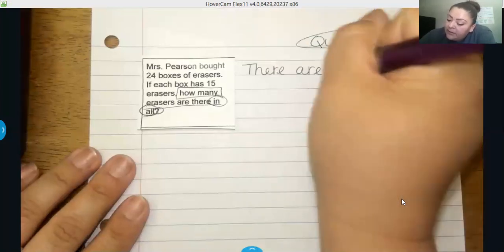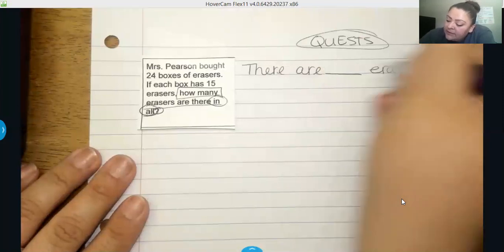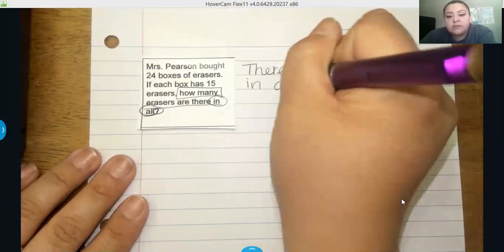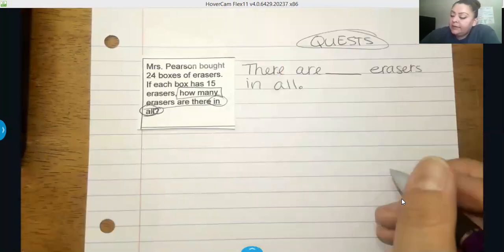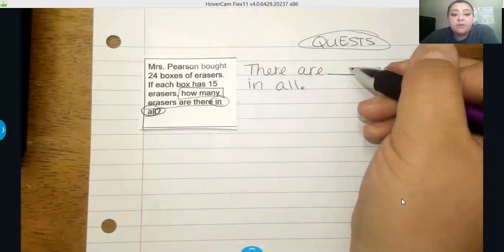There are blank erasers in all. All right, beautiful. Now, we're going to go through and do our segmenting and tracking to set everything up so we can see